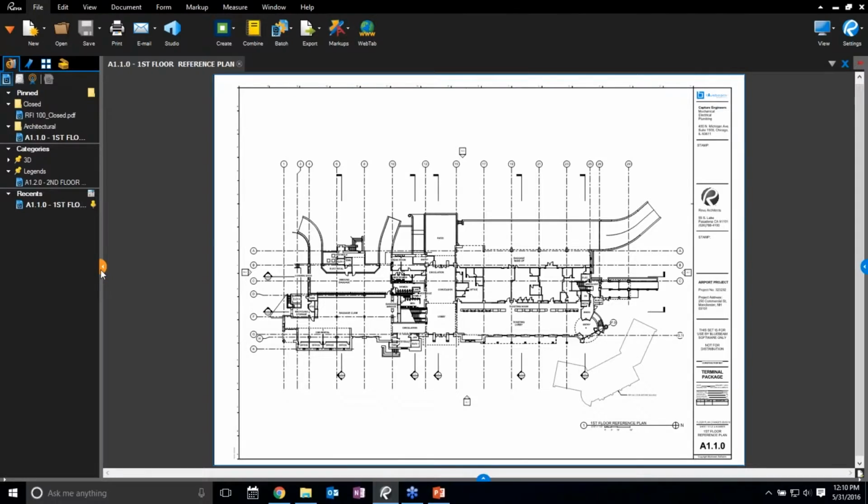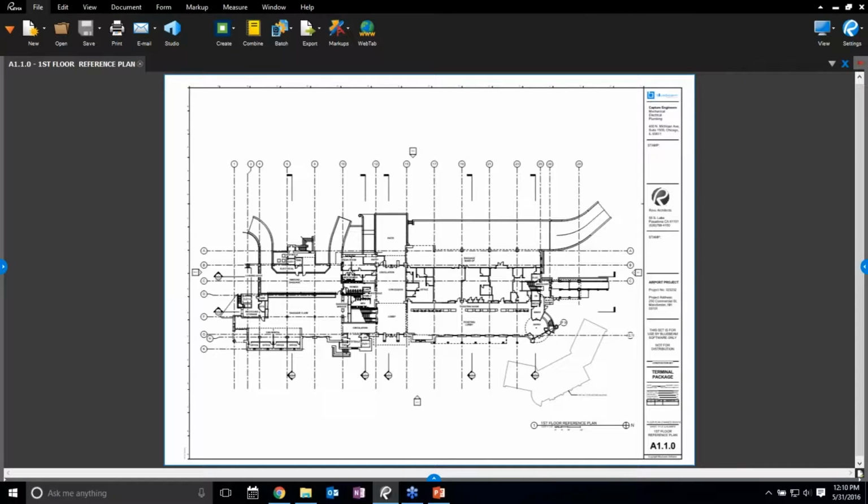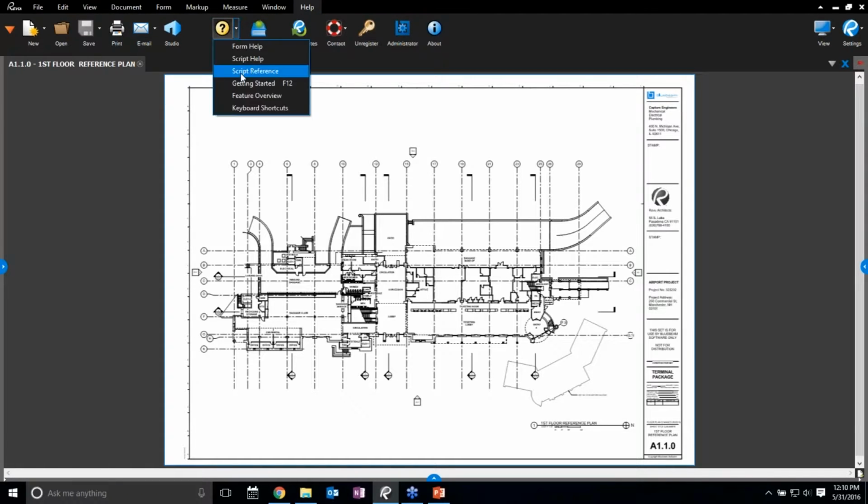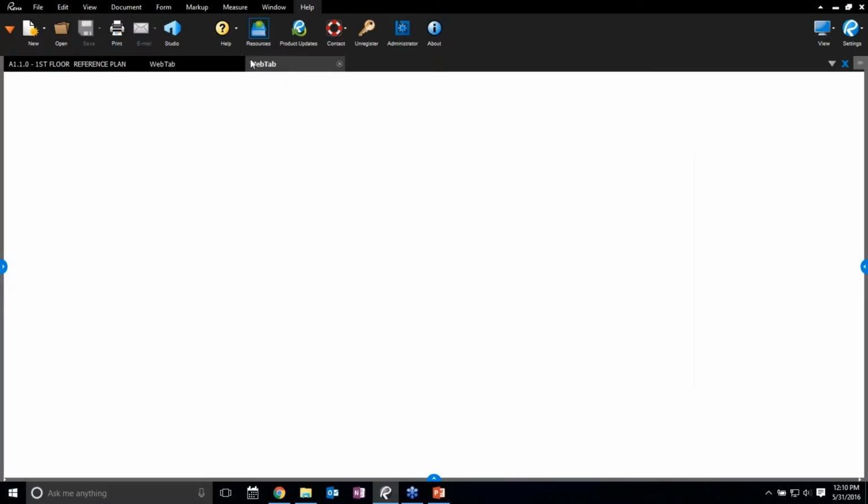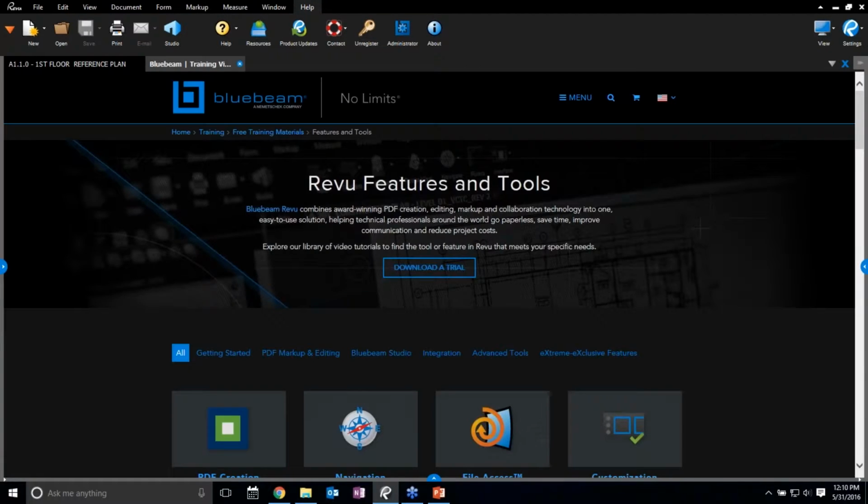With that, let's go ahead and get into the software itself. Now, for those of you that are brand new to Bluebeam Revu, that's totally fine. Again, I'm just going to do a cursory overview. If you do have additional questions, a great starting point is actually our help menu, because we have not only feature helps and keyboard shortcuts and all sorts of stuff like that, but under this resources tab,